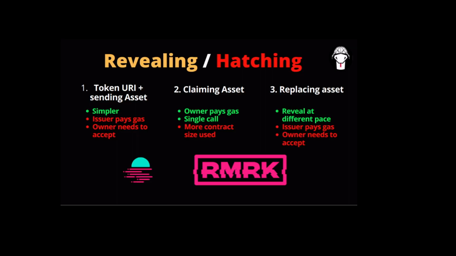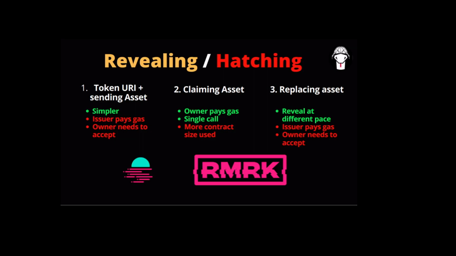The third option is a variant of the first. It is what we will do later to reveal the final snake, when all the arts are ready. In this case, we will add an asset to each token, telling a contract to replace the element asset with the revealed snake. There is no programming needed for this, it's already part of the protocol. The disadvantage of this method is that we as issuers pay the gas of sending assets to tokens, and then users also have to do a call to accept it. In exchange, we can send the assets as they are ready.